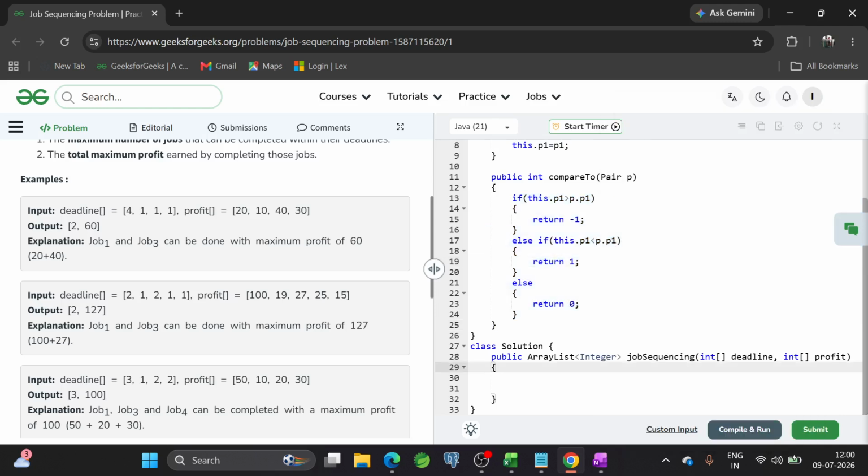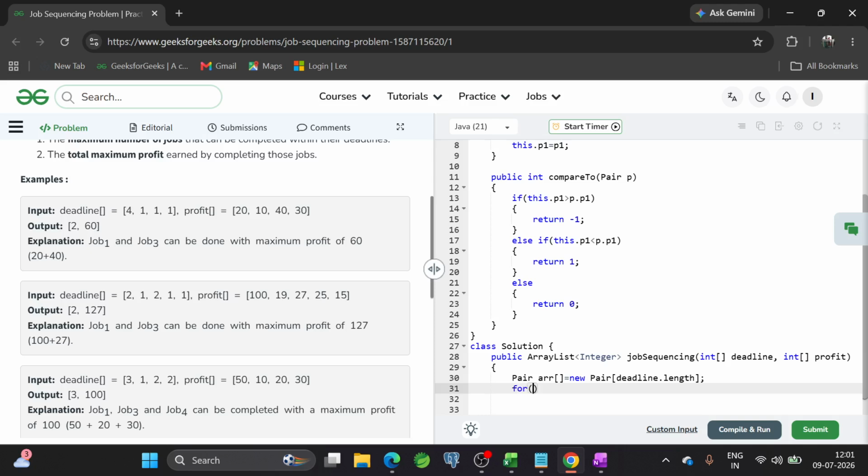And here I will create the array of pair: arr equal to new pair of size deadline.length.